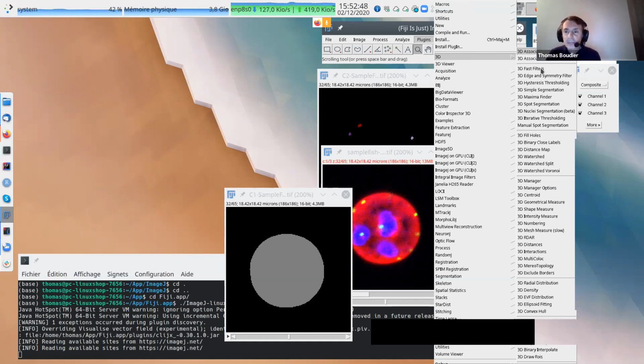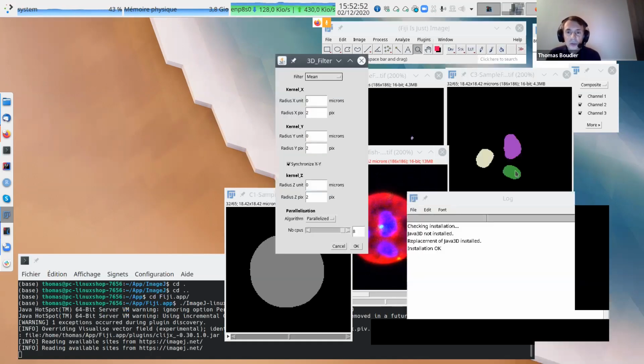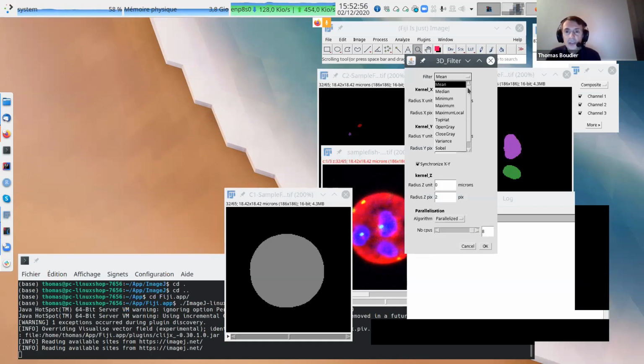Fast filters. This is more for 3D filtering. So we can check. Many filters: mean, median, minimum, maximum. The filters you have in 2D images, but in a 3D version. In 2D you have only one radius, the XY radius.